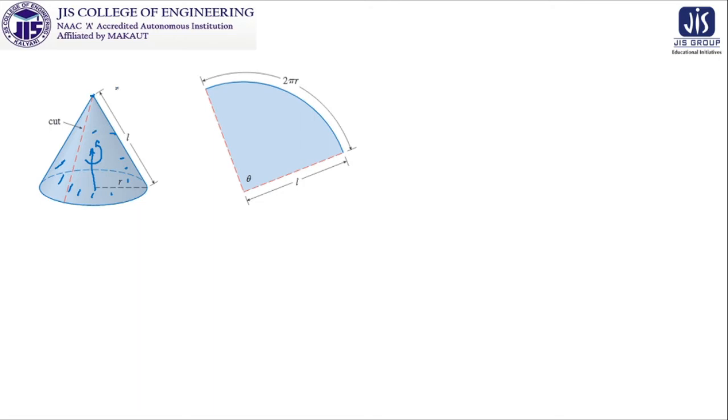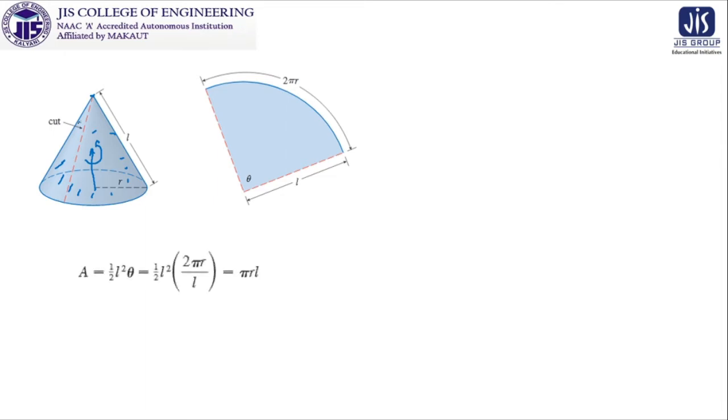Now what we can do, again we can cut over here and flatten it, and if we flatten it, we will get this shape. This is the circular part, the complete circle, and this part is 2 pi r, because you have wrapped it to create a circle. But when you are thinking about this bigger one, then this is theta. So this is your L, this is your L, and this is theta. You can take a paper of this shape, cut it and flatten it to visualize it more concretely.